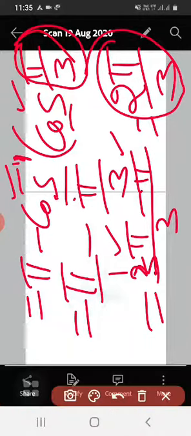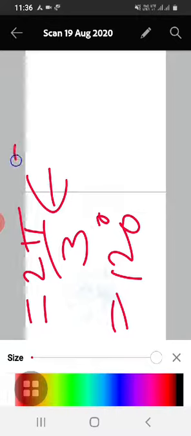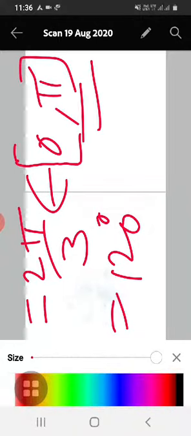So 2 pi by 3, does it belong to our range? It is 120 degree. Of course it belongs to it. What was our interval, range for cos inverse? 0 comma pi, that is 0 comma 180 closed. So this is 120 degree, it belongs to this, so this is the principal value.